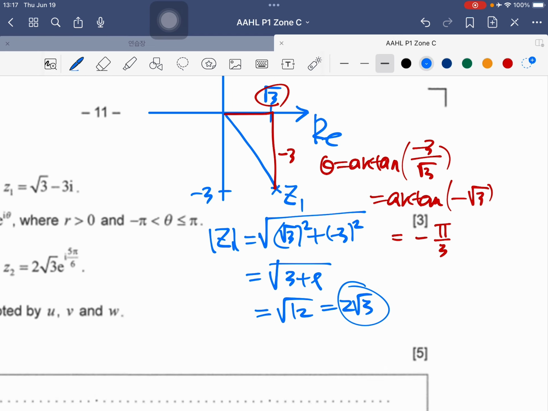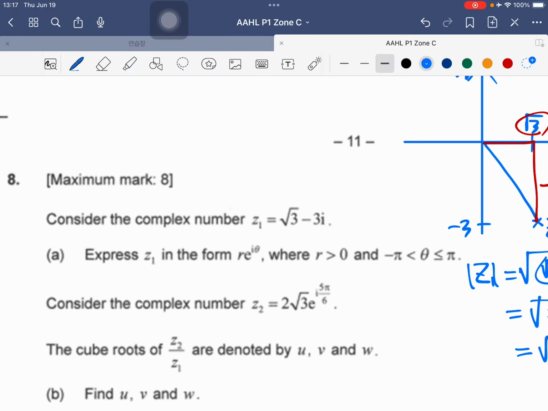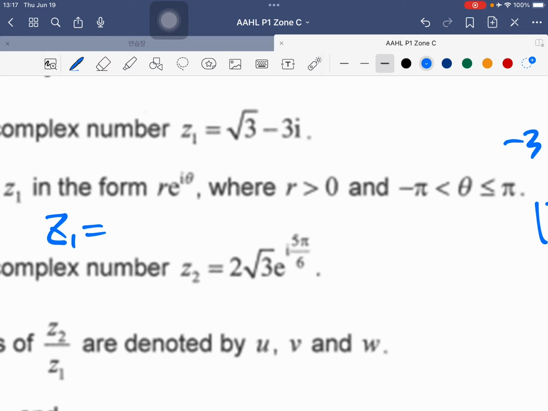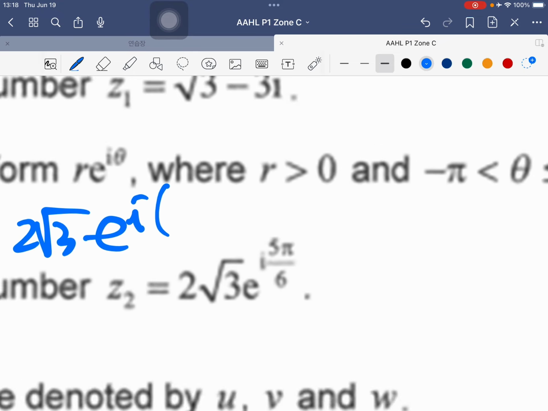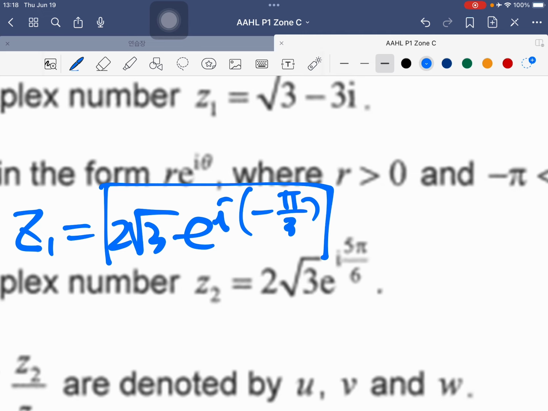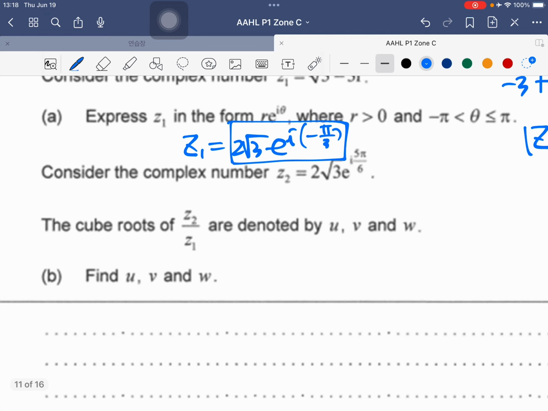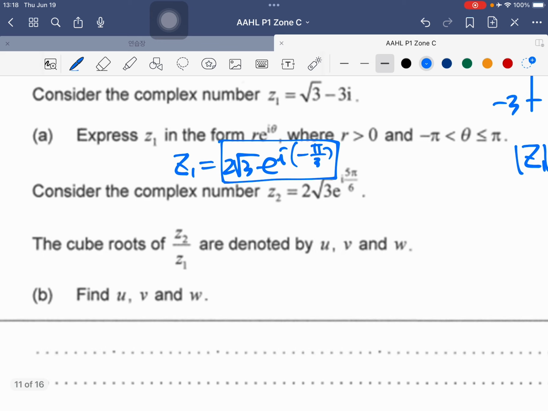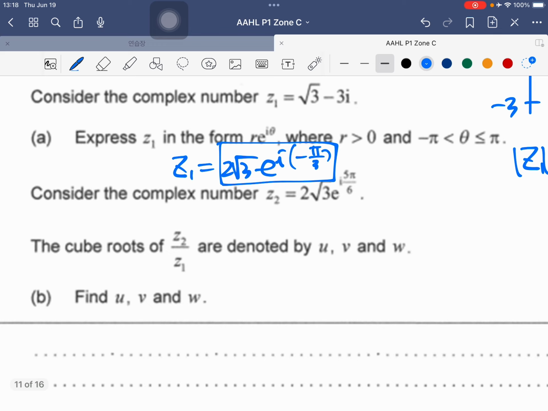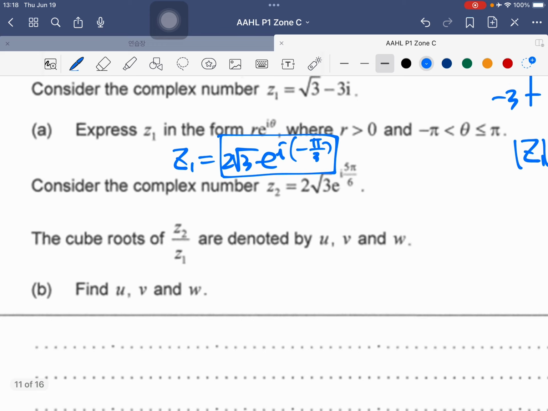So we can say z1 is r is 2 square root of 3, e to the i of argument, which is minus pi over 3. So this is the answer for the first question. Okay, consider the complex number z2 like that. Modulus of z2 is 2 square root of 3, and the argument is 5 pi over 6. The cube roots of z2 over z1 are denoted by u, v, w. To find u, v, w, so